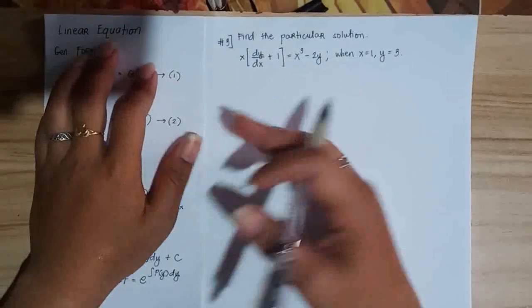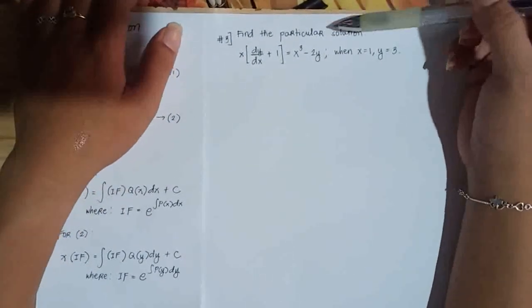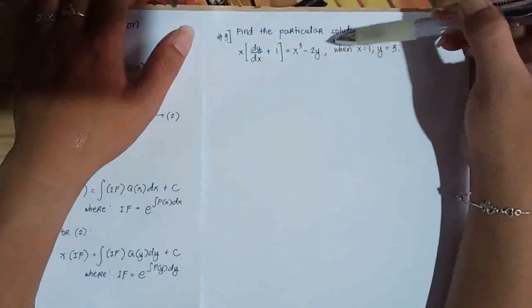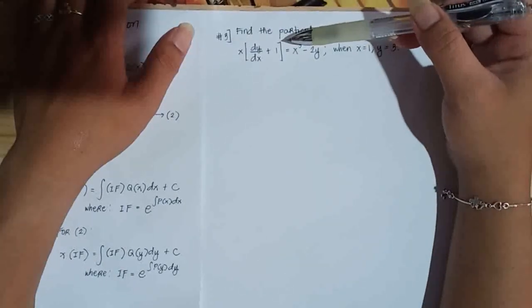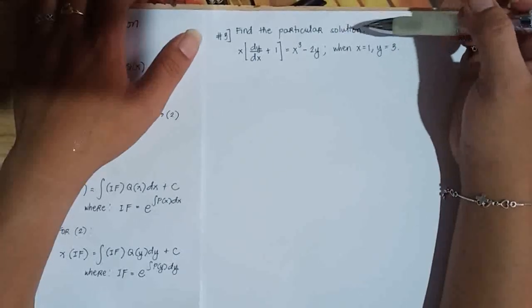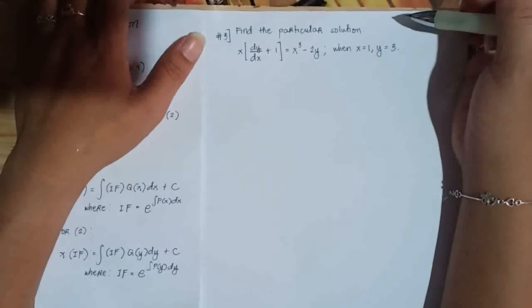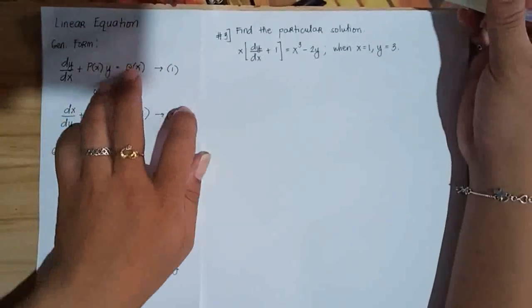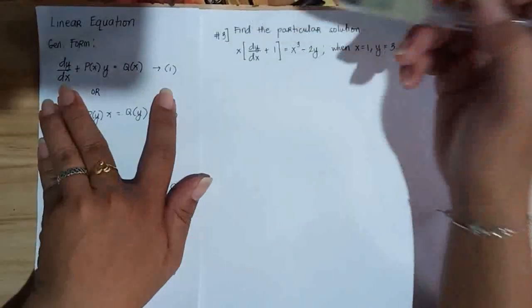Okay, next example number 3. You have to find the particular solution of the given differential equation, which is x multiplied by the quantity of dy over dx plus 1 equated to x cubed minus 2y. When x is 1, the value of y is 3. So the target is dapat walang kasama si dy over dx. So kailangan natin siyang i-divide